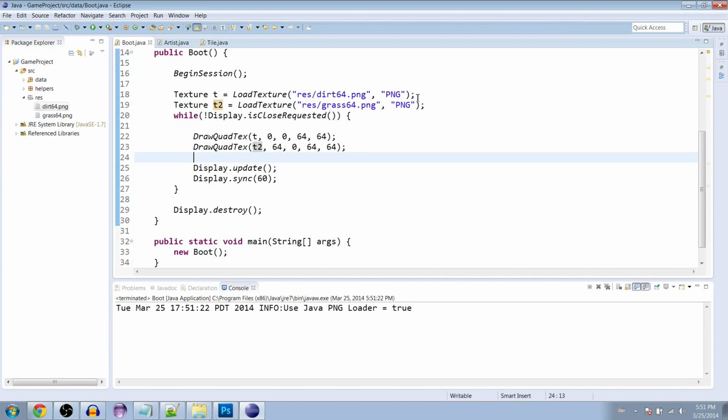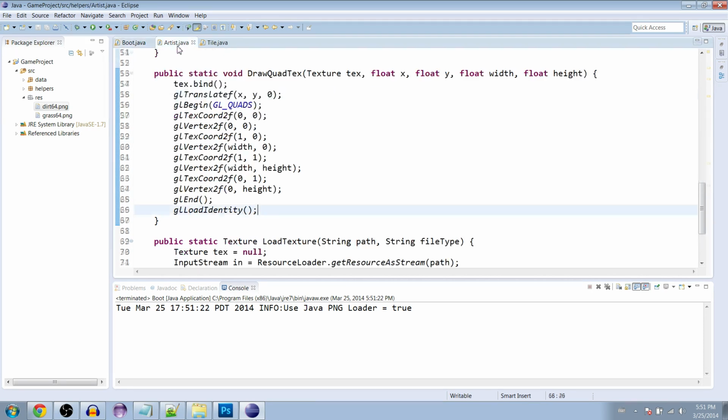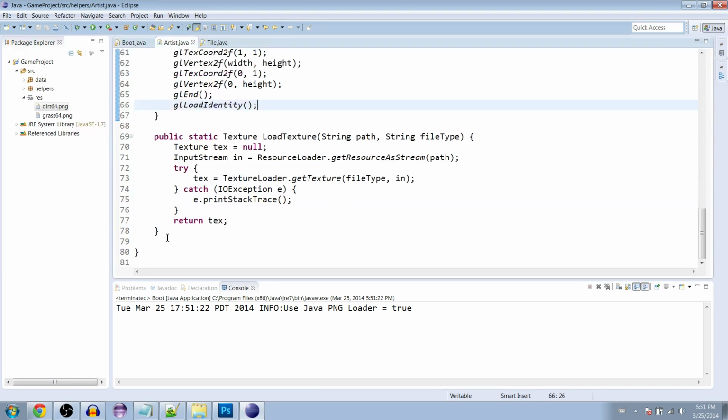You know what? Since we're still here, before I end this is going to bug me because I don't know about you guys, but I suggest you follow what I'm about to do here, but you don't necessarily have to. But for me, all of my textures are going to be .png format. So it seems kind of like a waste that we need to type this every single time that we want to load a texture. I don't know about you guys, but I hate extra typing. So I'm going to go in the artist class, and below our load texture, we're going to make a little add-on method here. And it's going to return a texture,